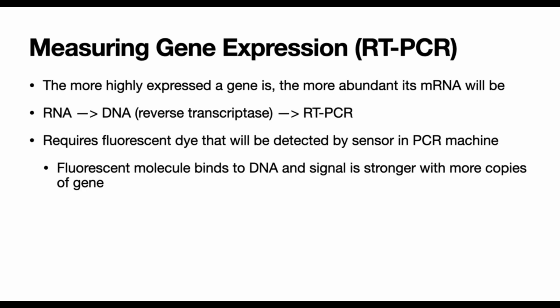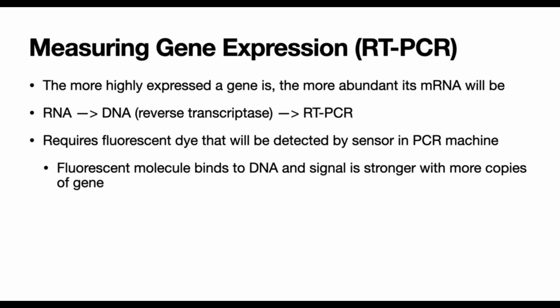For measuring gene expression, a polymerase chain reaction, or PCR, can be performed. There are different types of PCRs depending on the goal, but the principle again is the same. So the more highly expressed a gene is, then the more abundant its mRNA transcripts will be. For a real-time PCR, we can take RNA, use a reverse transcriptase enzyme to convert it into DNA, then perform